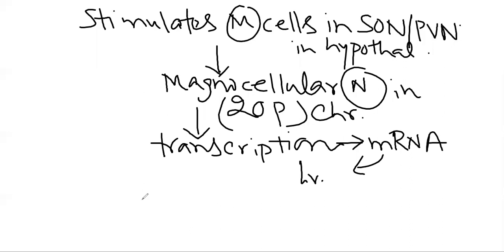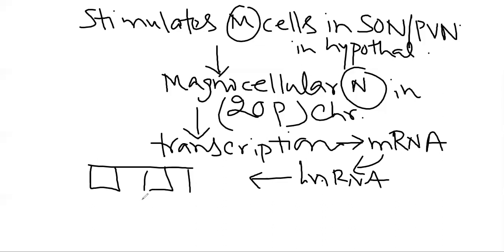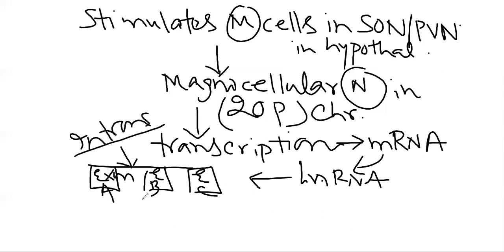heteronuclear RNA will be produced, and this heteronuclear RNA will do what? They will first produce three structures here. One is exon A, exon B, and exon C. Now, in between these, there are the introns. So exon A, exon B, and exon C are connected with the introns, and after the splicing